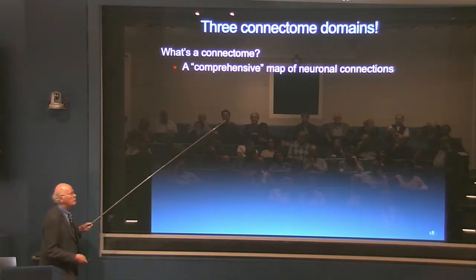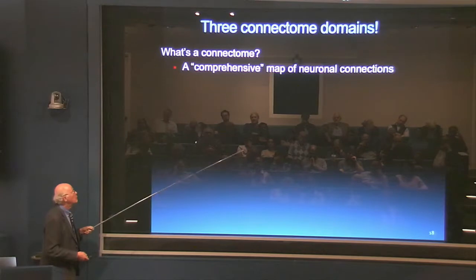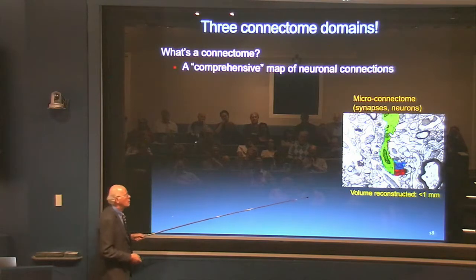And I first want to introduce the idea of a connectome. So a genome, we've already covered, is the complete sequence of base pairs in an individual's genome. A connectome concept is a comprehensive map of neuronal connections. But we absolutely must put this in quotes, what we mean by comprehensive, because it's impossible to do total